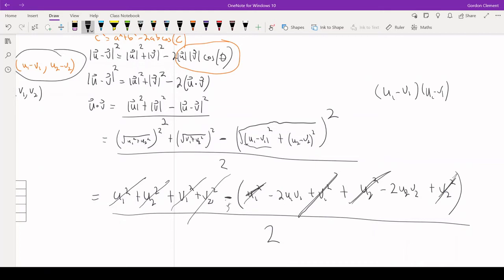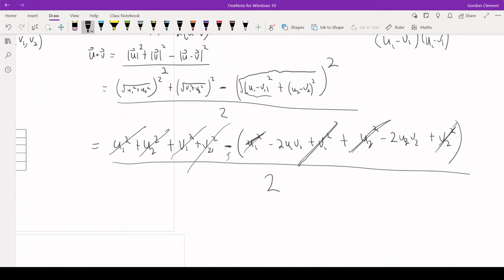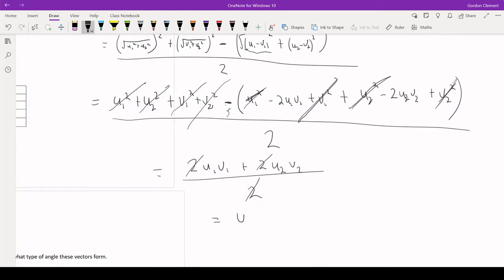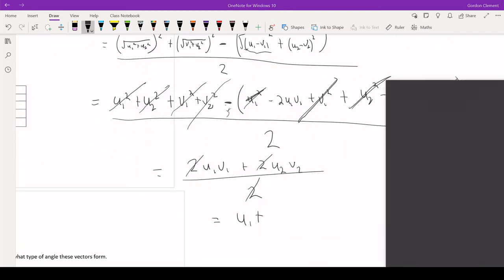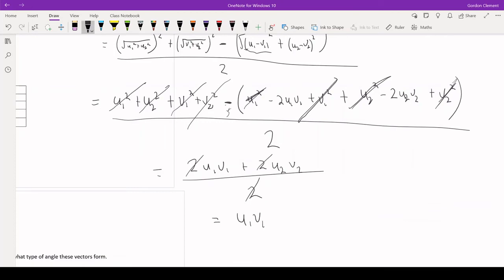So that all goes away. And what I'm left with is, passing this minus sign through, positive 2 u1 v1, positive 2 u2 v2, and then divide by 2. And that 2 factors out and cancels out both of those 2's. And we get this wonderful formula,